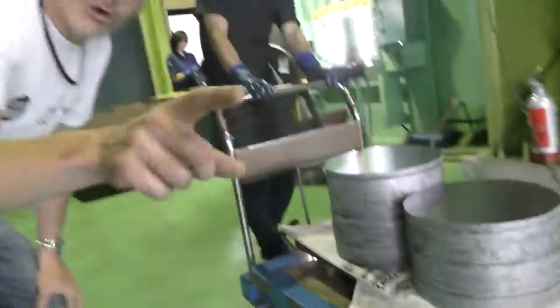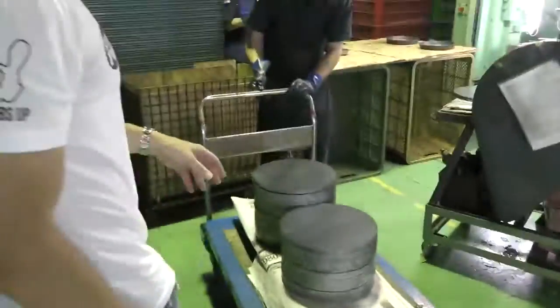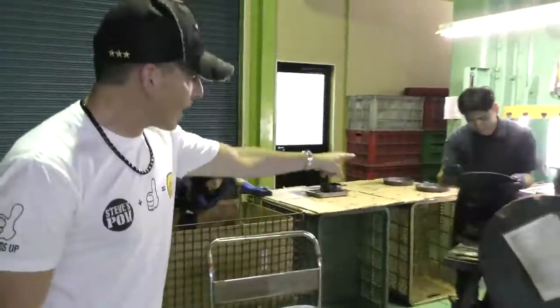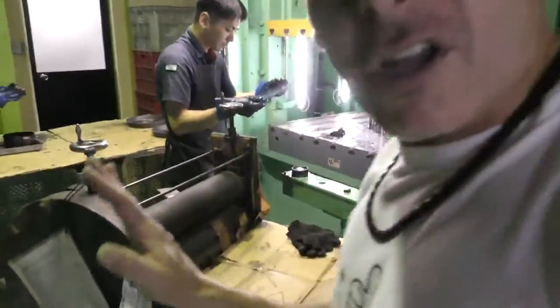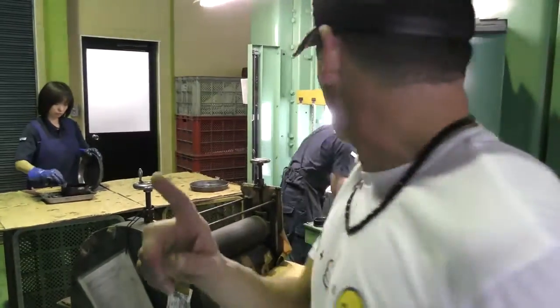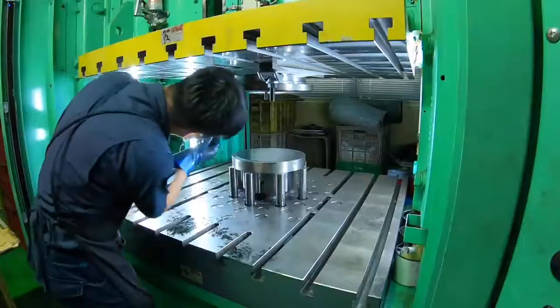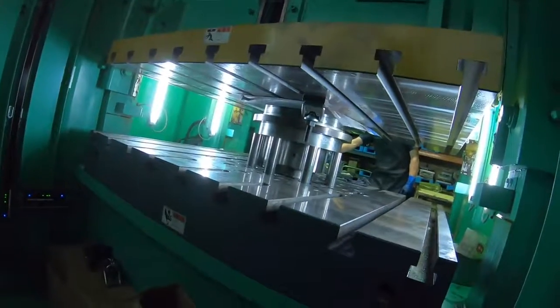They bring those stamped pieces that just came out of that machine over here. And you can see now what's gonna happen is this. This is raw steel, so they coat the raw steel with oils, because what's gonna happen to steel if it's left out, it's gonna rust. You don't wanna rusted up steel. It heads into this machine right here. They put more oil up top because what they're gonna do now is, bang,